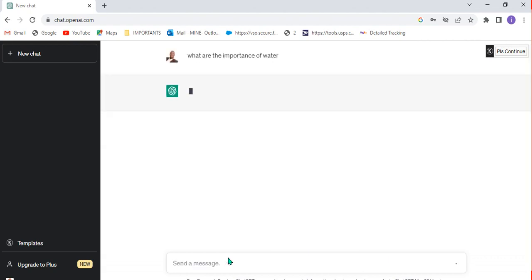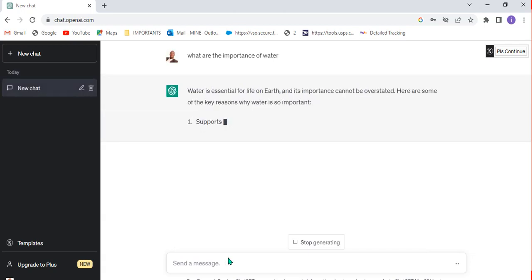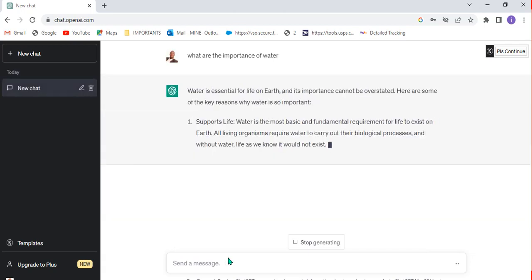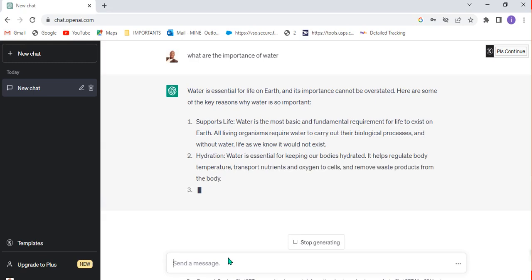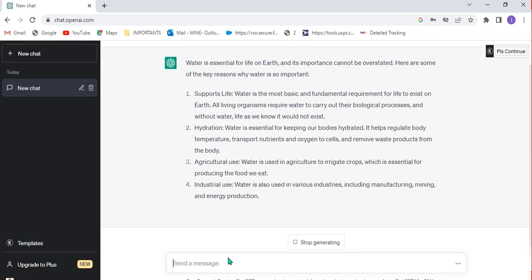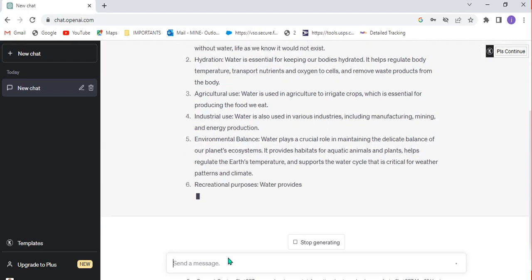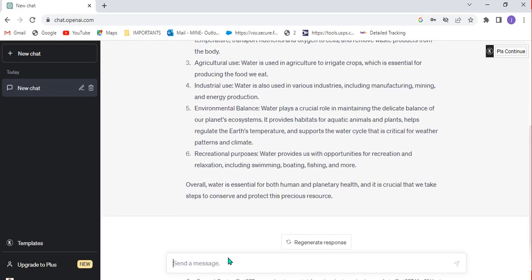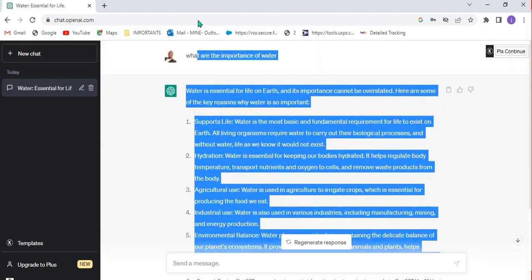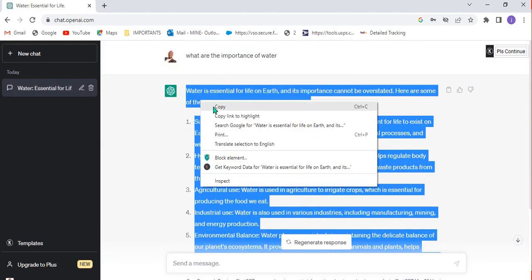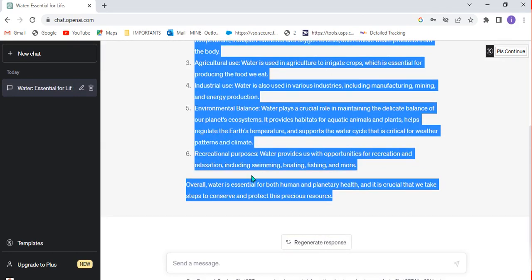It is going to generate the content about the importance of water, and you can see it is generating the content. If you want to know whether it is human generated content or artificial intelligence generated content, as you can see now, it has written this. If it produces this content for me, and I want to check whether this content is human generated or AI generated content,